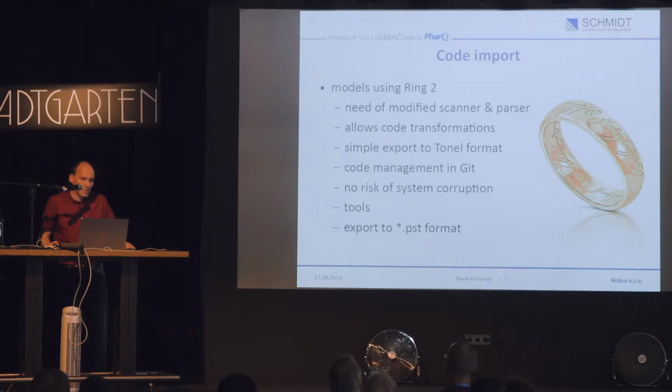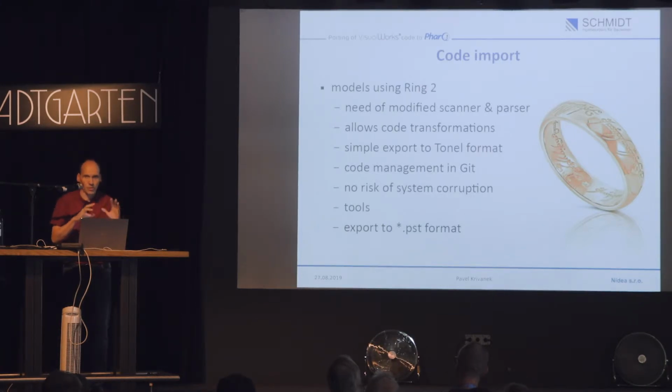The thing that we used was the Ring metamodel. For that, we anyway needed to have a slightly modified scanner parser to be able to load the VisualWorks code. But the models that are in Ring allow easy transformations. You can have multiple models at once in your image without any risk of system corruption. We have tools